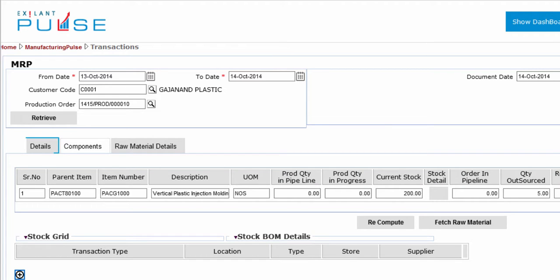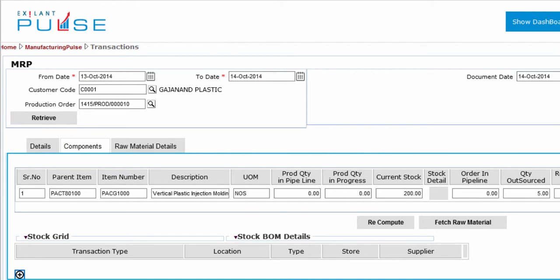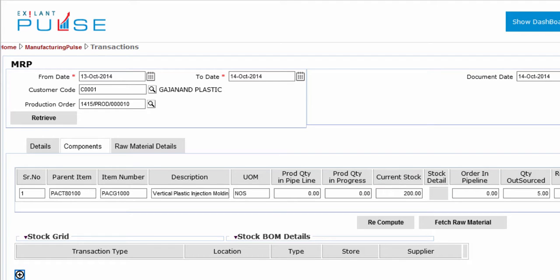You have completed the Details tab and are ready to start entries in the Components tab. In this section, you can view or modify the information related to serial number, parent item, item number, description, unit of measurement, production quantity in pipeline, production quantity in progress, current stock, stock detail, order in pipeline, quantity outsourced,